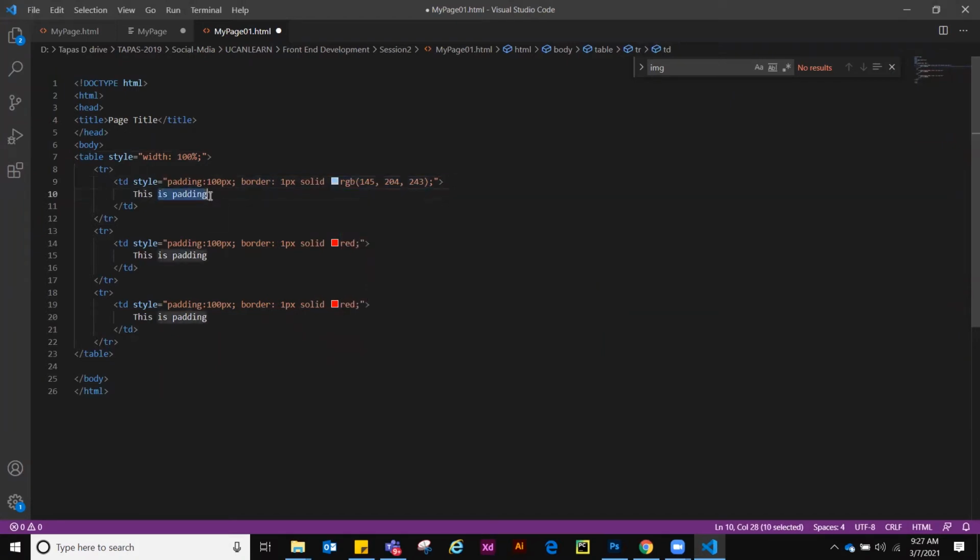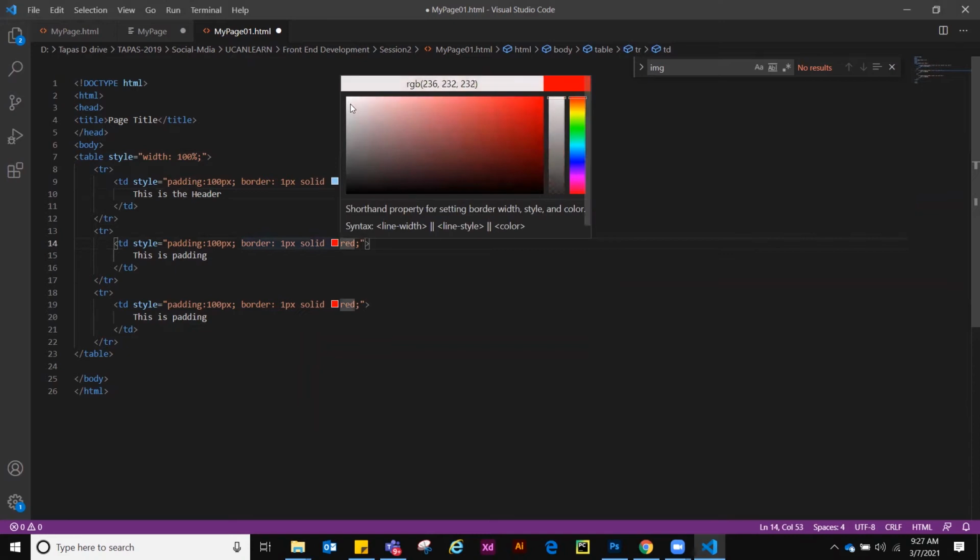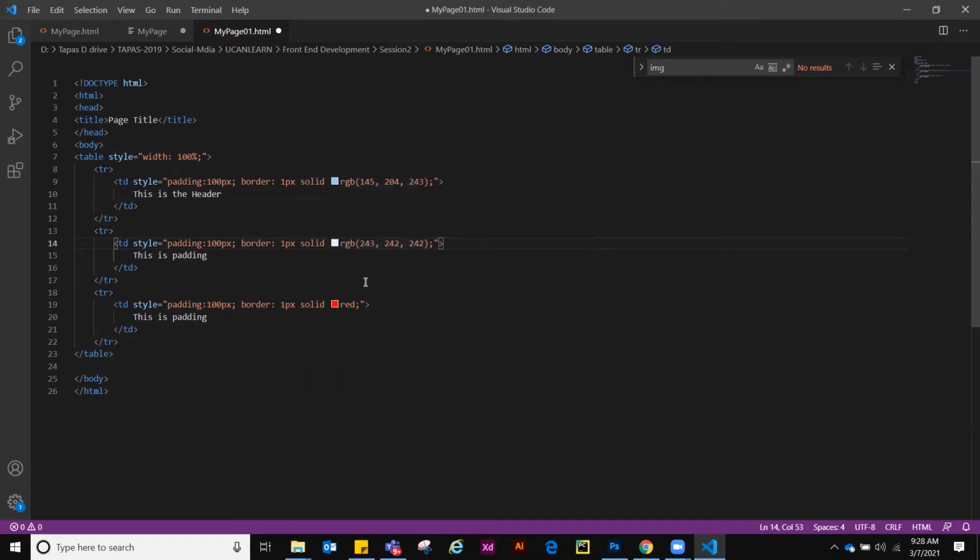Okay, now I'm changing. This is the header. I'm changing the color of this also to something very simple. So when you use an IDE, this kind of editor, these are the benefits you will get. Very quickly you can do it.